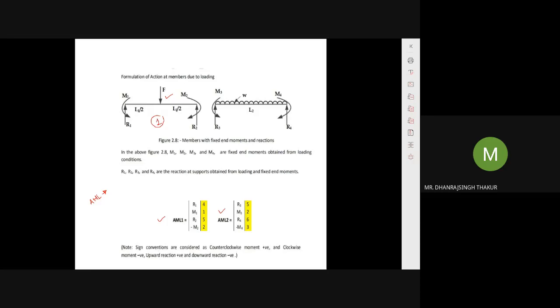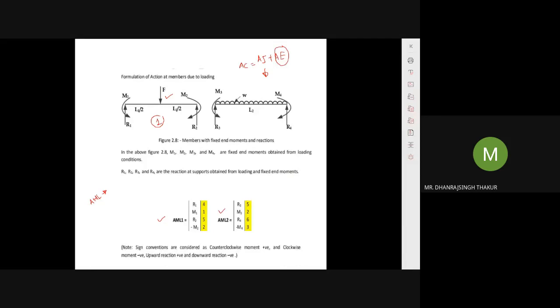Then there will be the AJ matrix and the AE matrix. Here we are seeing how to formulate the global load matrix. Your global load matrix is the addition of AJ plus AE. AJ is nothing but the joint load matrix, where there is a load at a joint. How to assemble it, we have seen already. Then the AE matrix is the equivalent joint load matrix due to the load on the member. As there is a member loading, we have converted this member loading to the joint load by finding out its fixed end moment and support reactions.